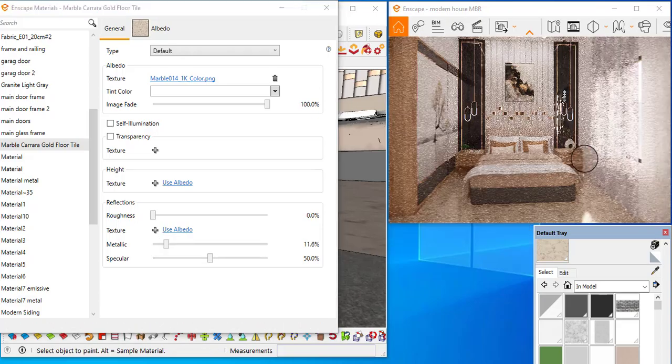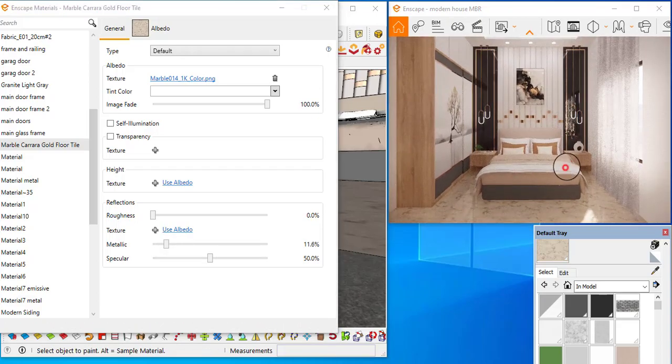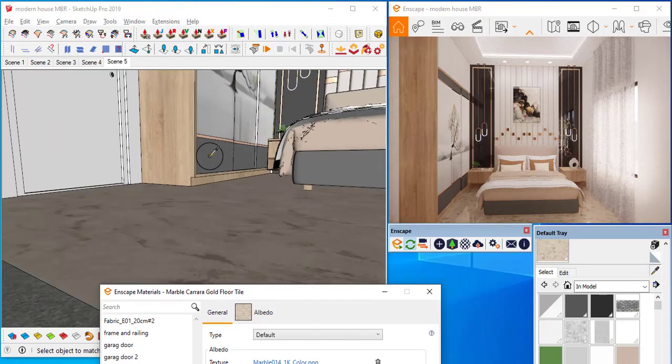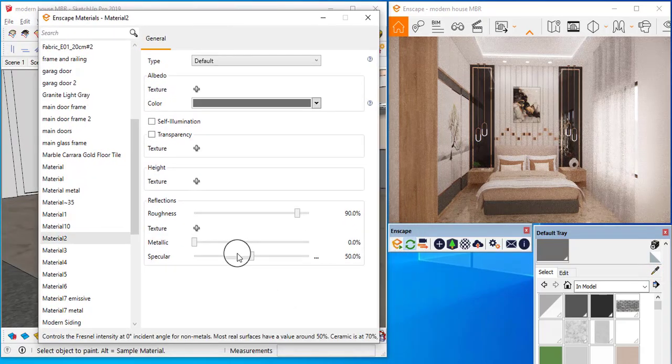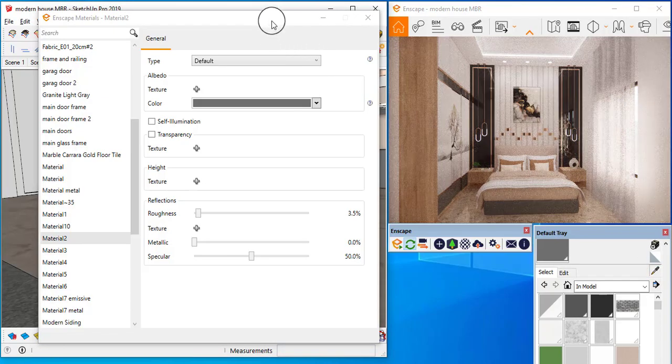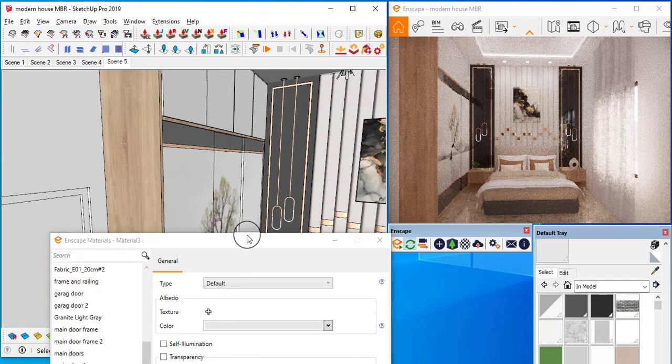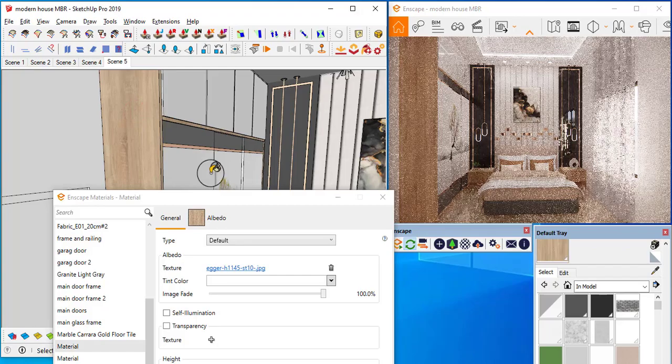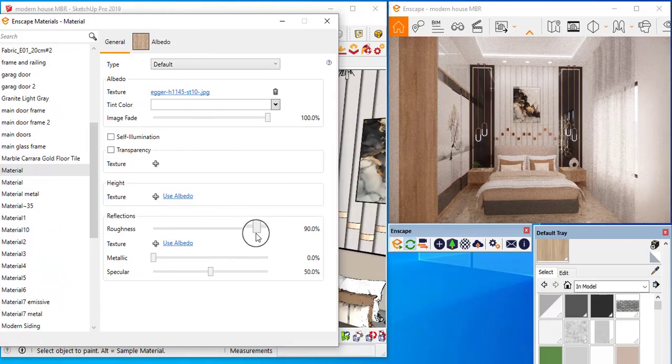For Enscape you can use this to create highly reflective materials. And for these, I didn't apply any smoothness on it. This one also I want to create a highly glossy finish. And on the white color also I want glossiness. See, glossiness is good. And on the wood, you can increase a little bit more glossiness. Nothing much noticeable effect is there.